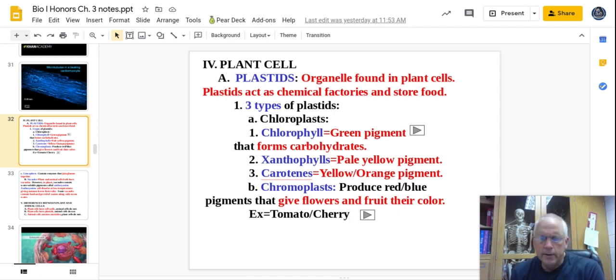Ones you may not know a lot about are xanthophyll and carotene. They're yellow and orange. You probably heard of carotenes in carrots. Beta carotene is a very common pigment we find in carrots. That's what makes them orange. These you don't see in the spring and summer. They're there. They're accessories. They help chlorophyll with photosynthesis, but the only time they show up is this time of